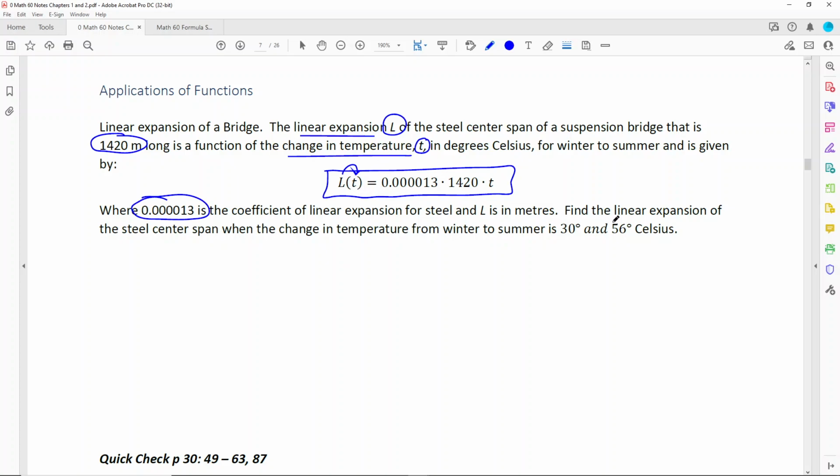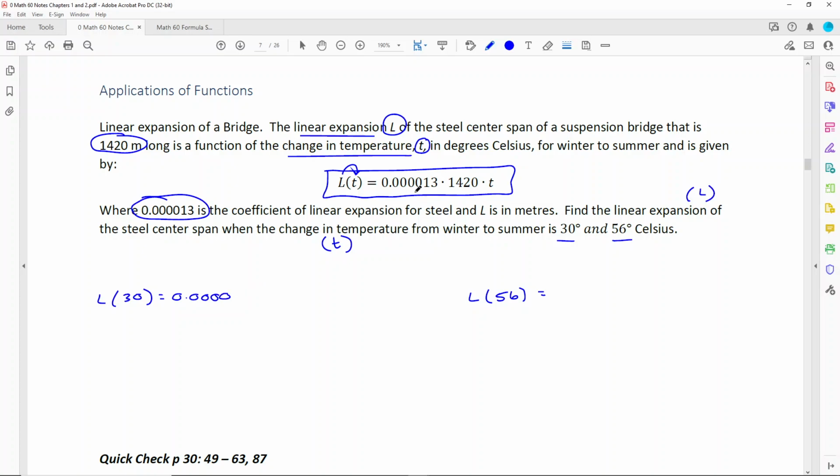So it says find the linear expansion of the steel center span. So find the L when the change in temperature, T, is 30 degrees and 56 degrees. So in other words, we're plugging in T is 30, and then we're going to plug in T is 56. And we're going to see what would be the linear expansion for the steel in meters. So when we plug in 30, we've got